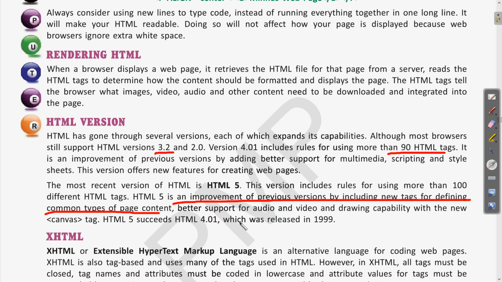Then also we have some extra tags, for example a canvas tag. Using the canvas tag we can have the drawing capability, meaning the page can be used for drawing something or it can be designed on a web page. Clear? So this gives us an additional feature in web pages.